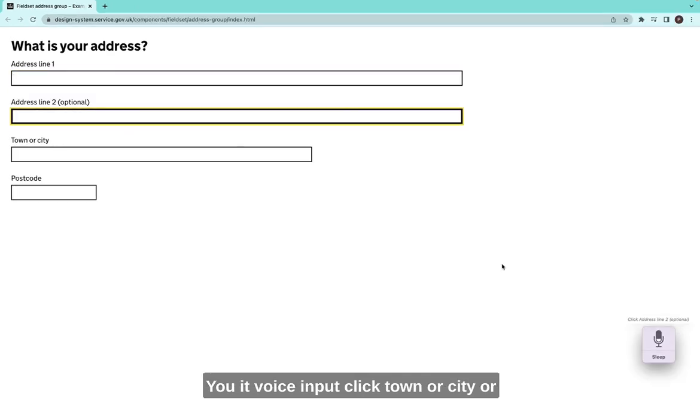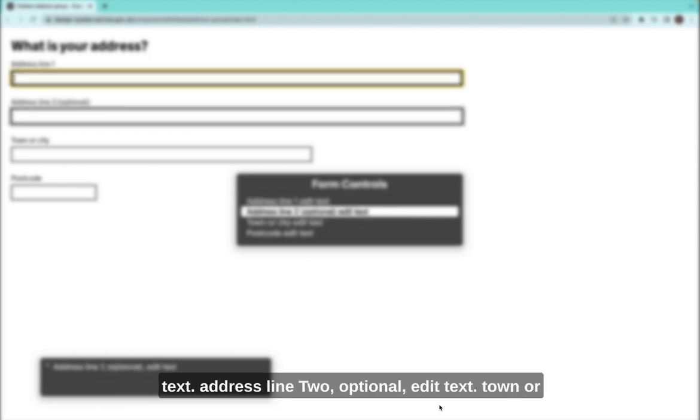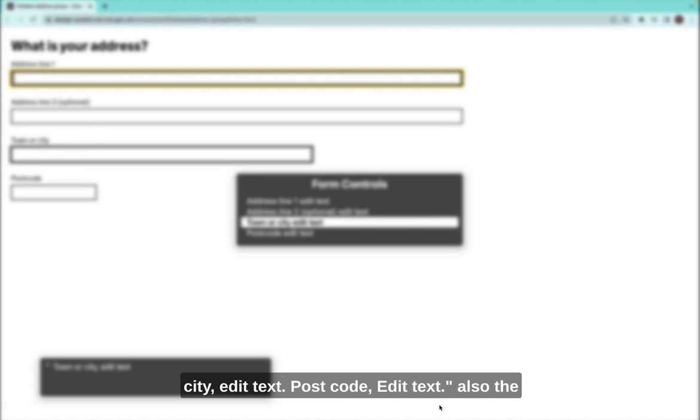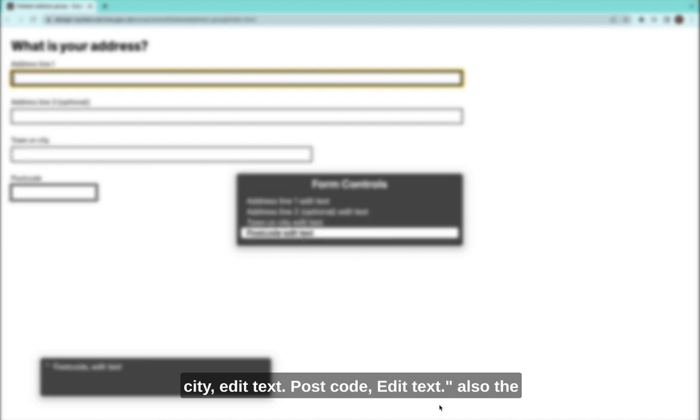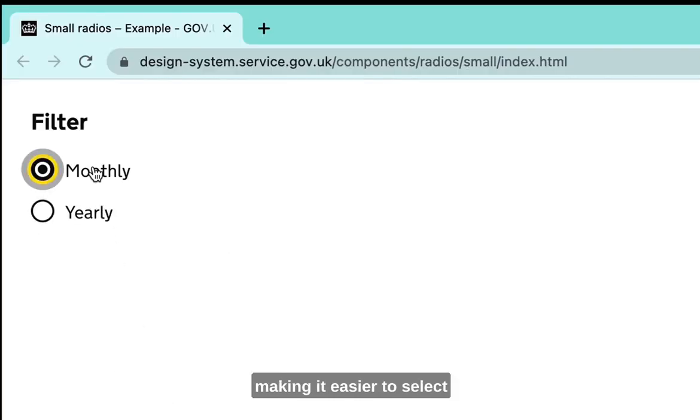voice input, or screen readers. Form controls menu. Address line 1, edit text. Address line 2, optional, edit text. Town or city, edit text. Postcode, edit text. Also, the label itself becomes clickable, increasing the target area and making it easier to select small